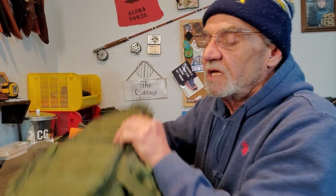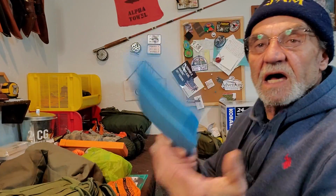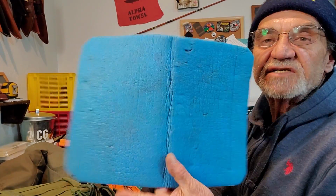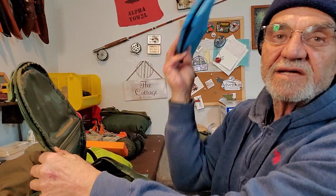What I like to carry in the main compartment is my cooking stuff and any of the big stuff. And like I said, it has that open pocket, which I like. This is one of them. And all it is, I cut a piece of one of those yoga exercise mat things. It's kind of foam. I like this because especially in winter when I go on a walkabout, there's snow everywhere, and I like to find a fallen tree or something, sit on that and use that to make a cup of coffee or cook on and that sort of thing. Makes a great seat, and it's very thin, and just about every backpack you ever buy has a pouch for you to put in your laptop. And this fits in there,